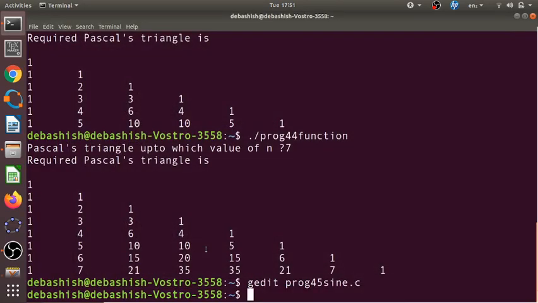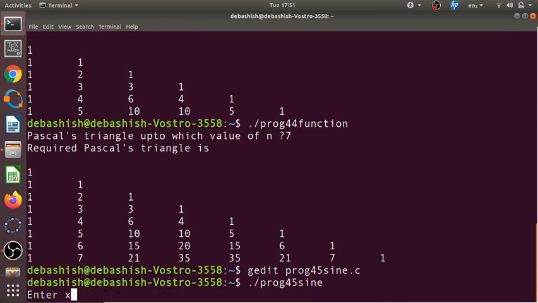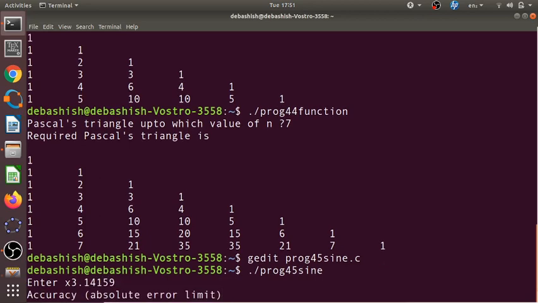So let us see what happens. ./program45sin. The value of x, let us take it as pi. Sin pi is 0, so our answer should be something close to 0. 3.14159 is a number which approximates pi. We have to enter the absolute error limit. Suppose I don't want the difference to be more than 0.00001.